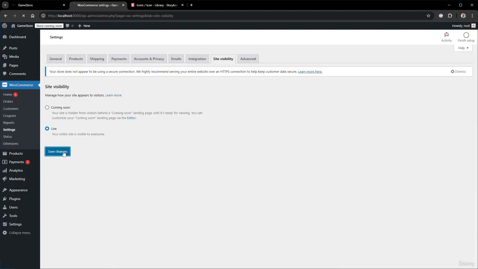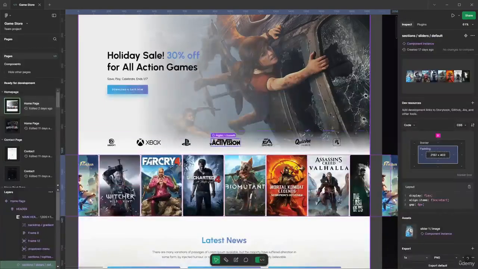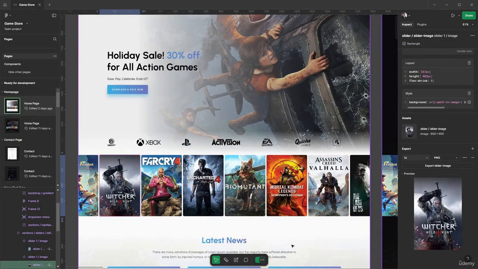Enable our store. It's enough to be able to add a few products. Next we go to Figma to save these images. I select an image. I am currently in development mode. Here is its original size. This is the size, but I